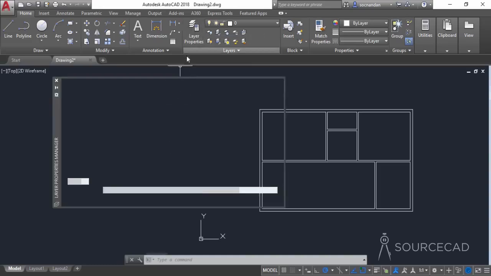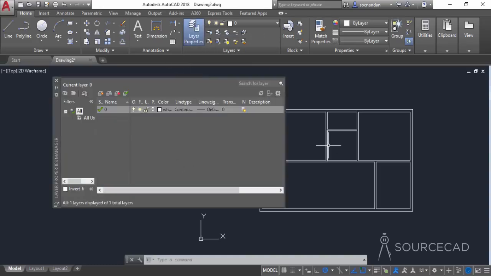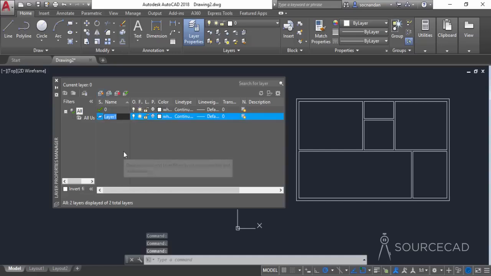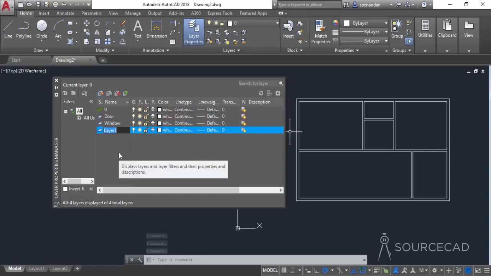Now click on this layer properties and add some layers to the drawing. So we need to add these layers because we will place different objects on different layers for easy classification. And that's the general way of making these drawings, and you should also try to put different kinds of objects on different layers. So I'll click on this new layer option and I'll add a new layer, door. Click on this again and type window, the same icon, and type blocks,